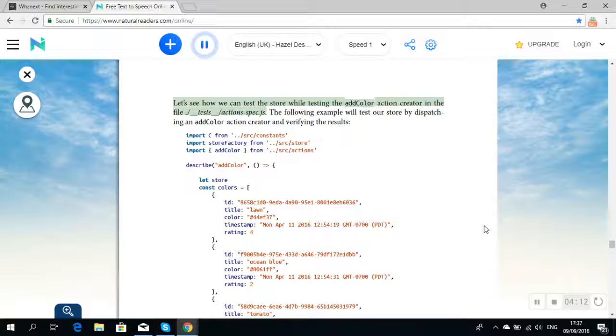Let's see how we can test the store while testing the addColor action creator in the file /tests/actions-spec.js. The following example will test our store by dispatching an addColor action creator and verifying the results. Import C from /src/constants. Import storeFactory from /src/store. Import addColor from /src/actions. describe("addColor", () => {